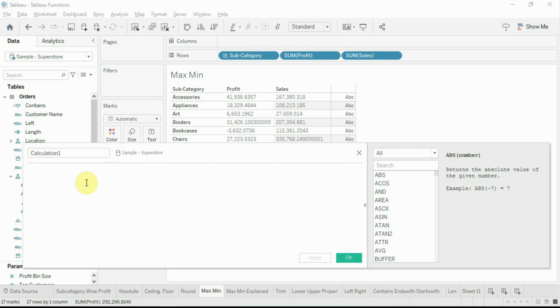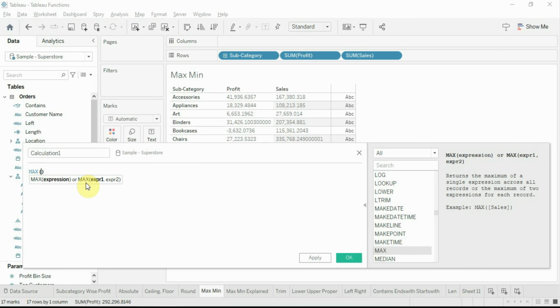Create a calculated field. Write max. In the first expression, choose sales. And in the second expression, choose profit. Name the calculation as max.